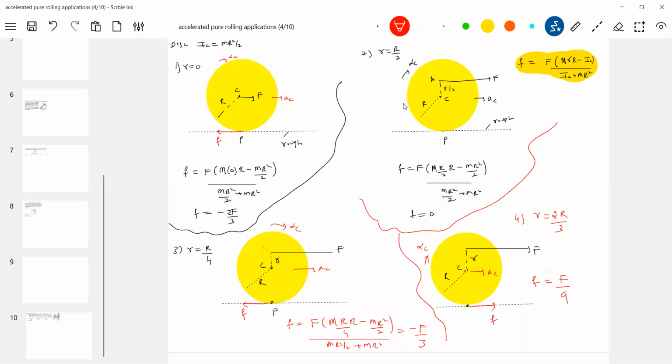Look at now. The frictional force, I think this everything you have got very clearly. If you apply force at the center of mass, it's backward. If you apply force at R by 2, I'll call this the threshold point. The friction will be 0. If you apply force below the threshold point, friction will be backward. If you apply force above the threshold point, what is the threshold point? R by 2. 2R by 3 is greater than 0.5 R. So now, if you apply force above the threshold point, friction will act in the direction of applied